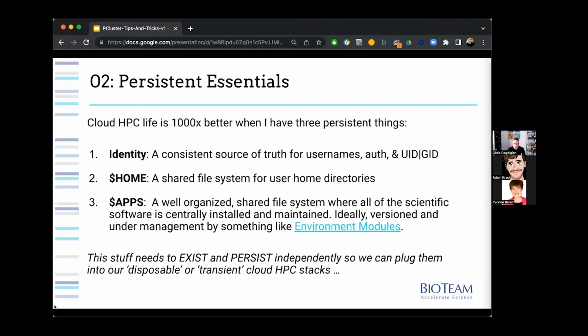And for me, cluster life is 100 times better or 1,000 times better when I have three persistent things. Number one is I need a consistent way to resolve user identities and authorization in many cases. Number two is I need a persistent and durable place for my users to keep their home files and folders. And then finally, I also need a persistent and durable way for my scientific applications, my tooling, my pipelines, my